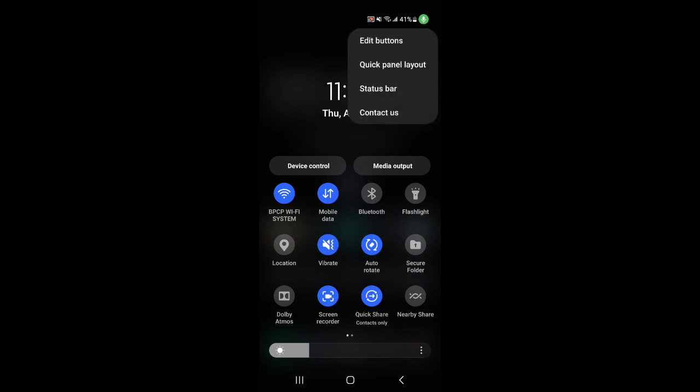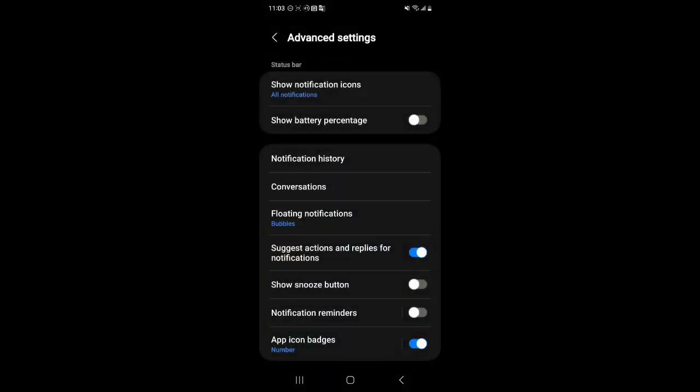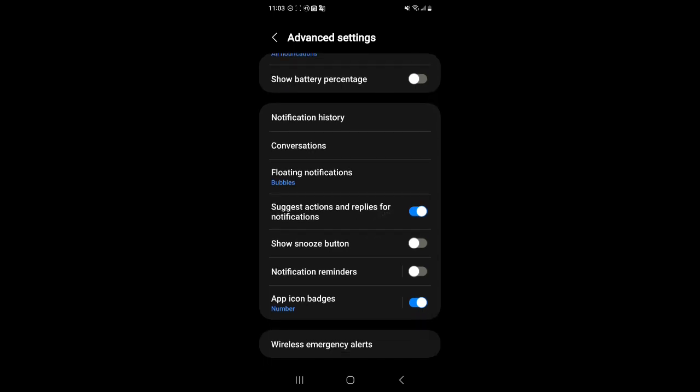So if we hit this again, we can go to status bar and you can edit what notifications and things show up in your status bar, right? So you take your time, you go through it, and you just turn off and on the things you want to use. And as you can see, as I said before in a lot of my other software videos, anything that I don't use, I genuinely